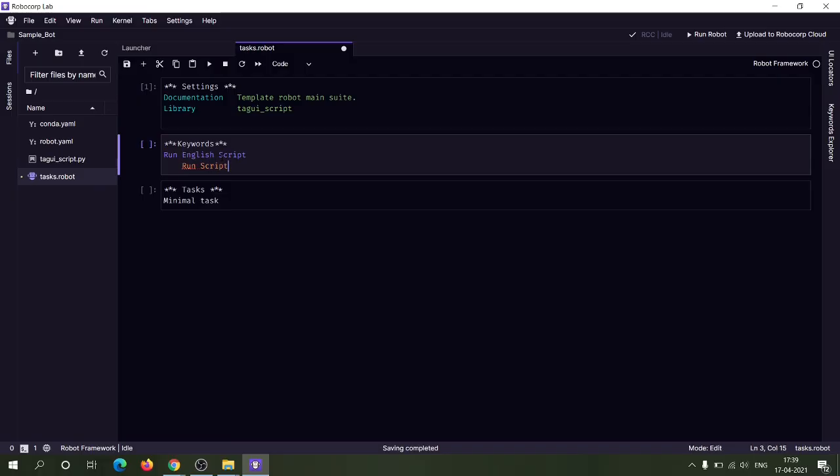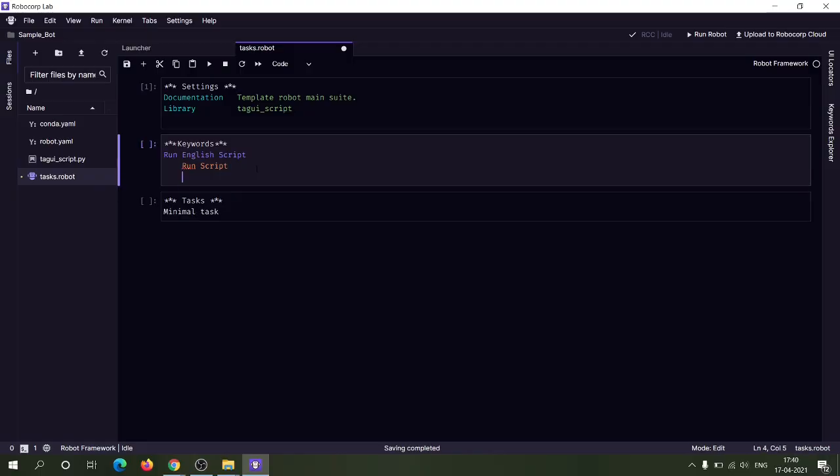Now to this run script keyword, we have to specify some parameters. The first parameter is the language, because we know that we can write the tagui script in different languages. We first have to specify which language we are going to write the tagui script in. For a sample demonstration, I am writing in English language, so I have to specify the language parameter as English, and the other parameters would be the tagui script which I am going to automate.